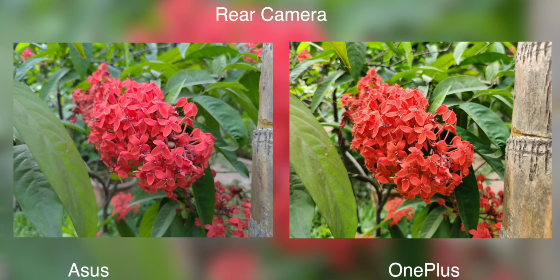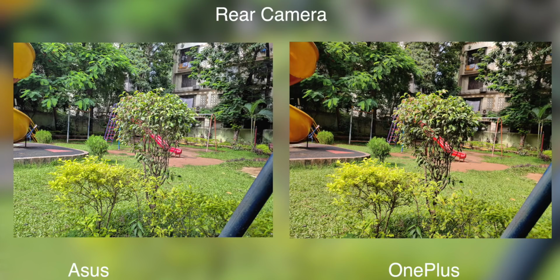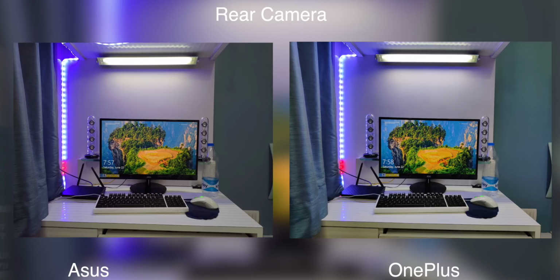So if you look at this photo, the flower seems pinkish, but then it's actually orange as you can see on the OnePlus 7. But then overall if you talk about the photos in daylighting conditions, I think I would pick the Asus 6Z. Then we move on to the indoor conditions, and here Asus 6Z has more details in the photos,